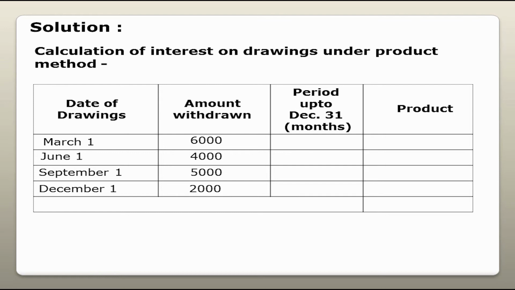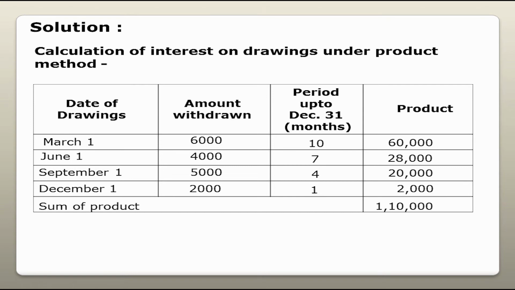Now we come to the period up to 31st of December. From March 1 to December 31, how many months? 10 months. From June 1 to December 31, how many months? 7. September 1 to December 31, how many months? 4. December 1 to December 31 is 1 month. Product. Now in the product we are going to multiply the amount withdrawn and the period up to December 31. So 6,000 into 10, 60,000; 4,000 into 7, 28,000; 5,000 into 4, 20,000; 2,000 into 1, 2,000. And this is the sum of the product, which is equal to